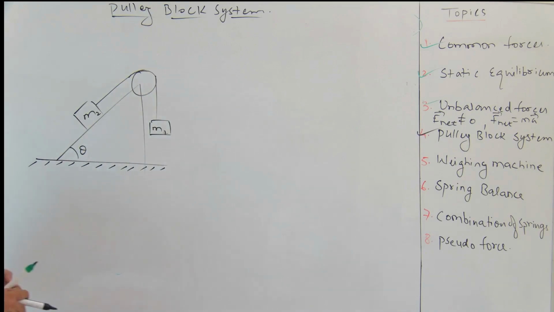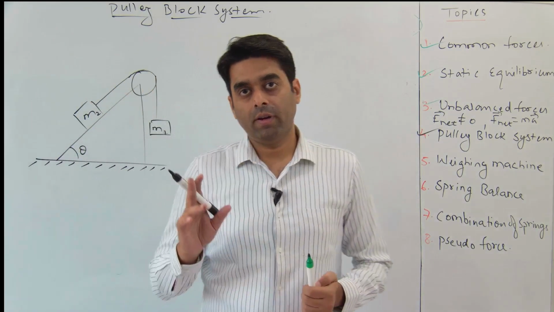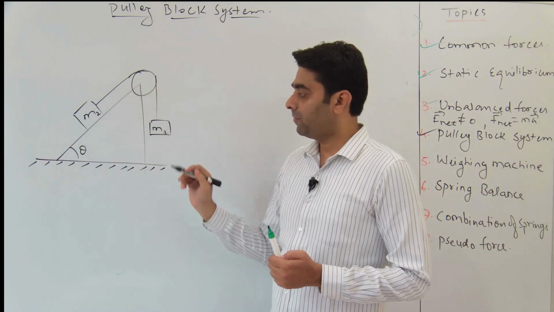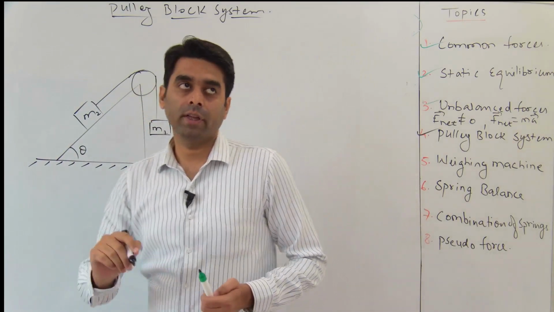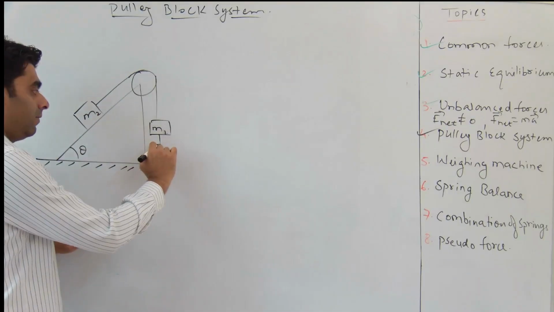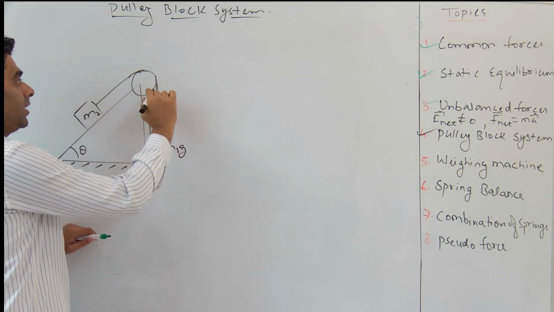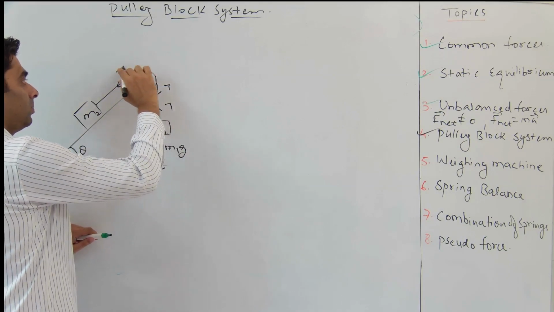Yeah. So the situation I have considered is two blocks M1 and M2 connected with a string passing over a pulley which is connected on a fixed wedge, right? Now over here, if we draw the FBD, what all forces will be there? M1G will act down over here, tension on the block upward, T on the pulley, T on the pulley, then